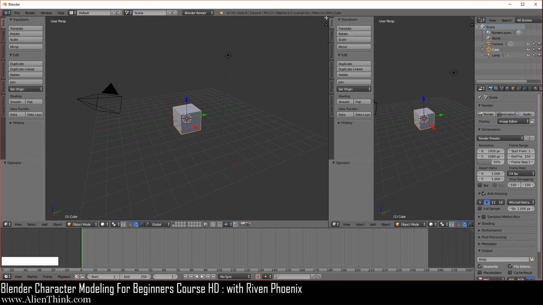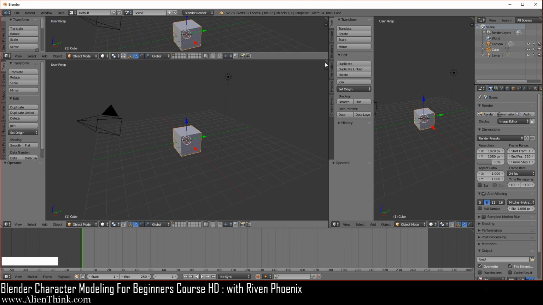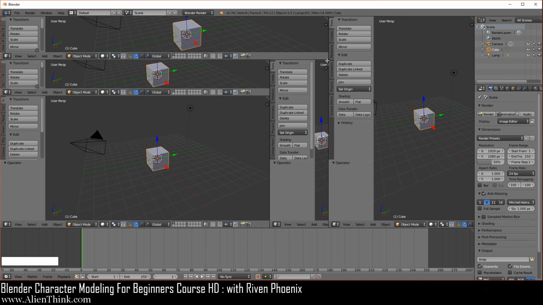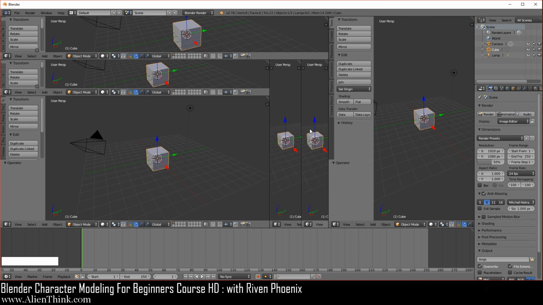So now if you click this, you can go down, right? You can go left, you can go down, and you can do this all day, meaning that you can even come in here and add even more window types. It's just going to keep duplicating. Now, in order to be able to shut all this off, what you have to do is do it in a logical manner. So let's try to figure this out. So if we click over here, you can see that if I click my left mouse button and move it to the left or right, it doesn't do anything. I have to actually think about this in a logical way.